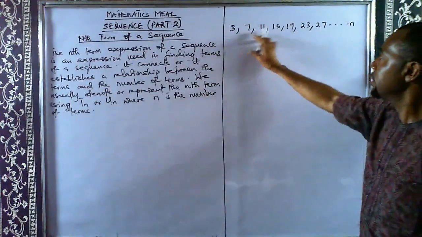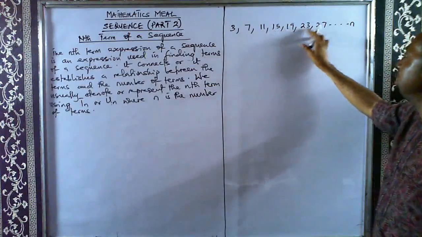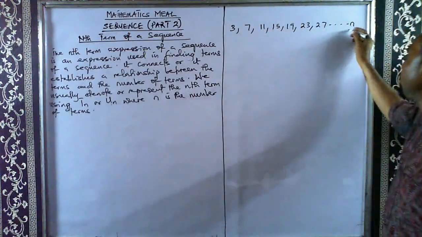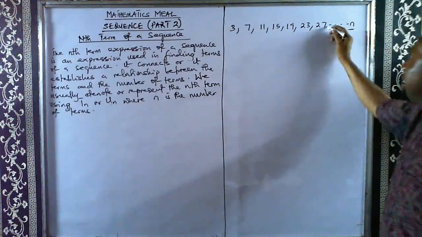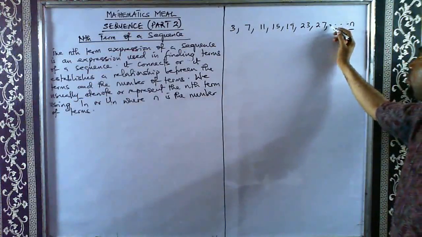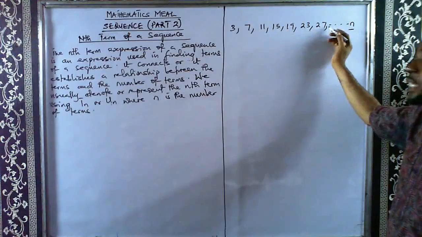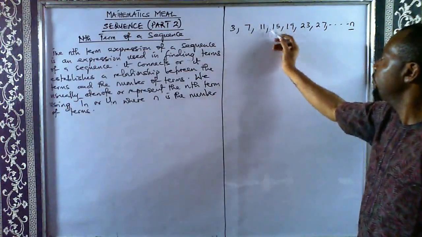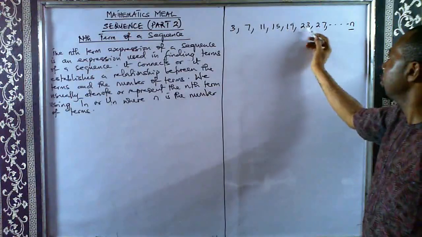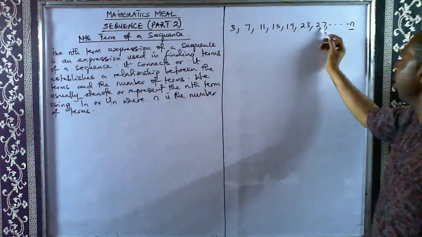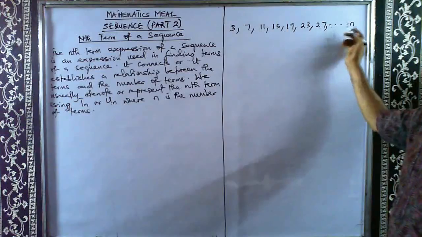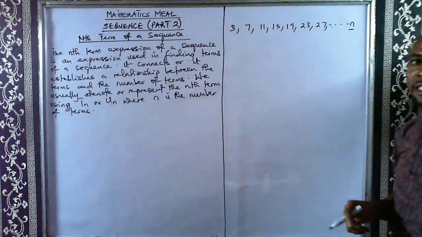I have the first term, second term, third term, fourth term, fifth term, sixth term, seventh term. It continues that way until a particular term that we don't know. If you are asked to find the 8th term now, you will just add 4. You get the 8th term. So here we added 4 to 3 to get 7, add 4 to get this, add 4 to get this, and so on. If you add 4, we can easily get the 8th term. But if I ask you to find the 100th term,